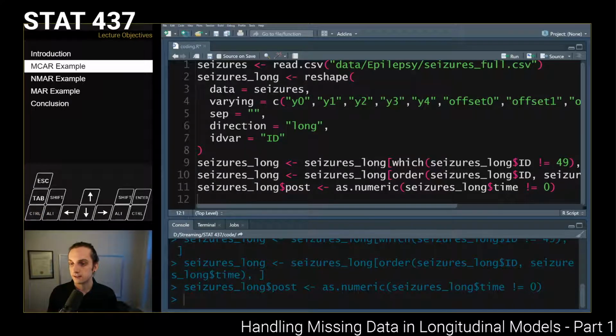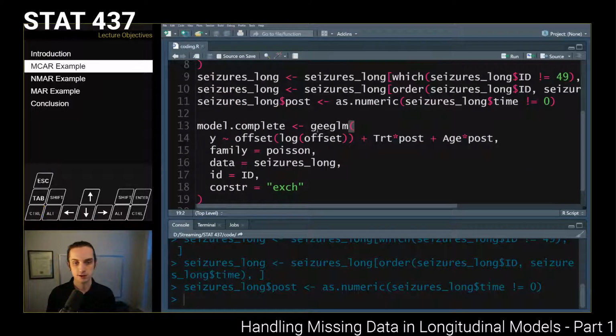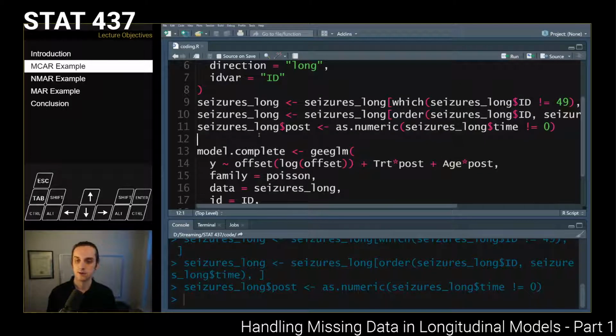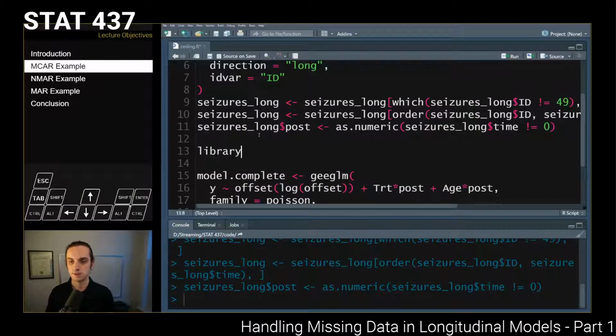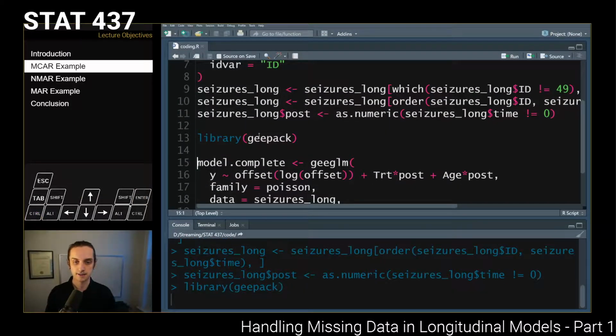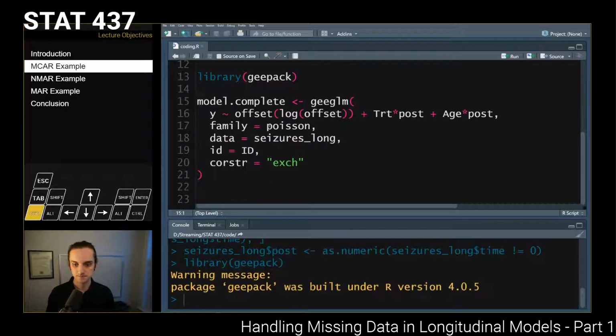And then we fit this model complete, which was using this geeglm. It included the offset for the log term, and then treatment interacting with the post variable, and then age interacting with the post variable. Now, of course, to actually call this, we'll need to pull in the geepack library here, and